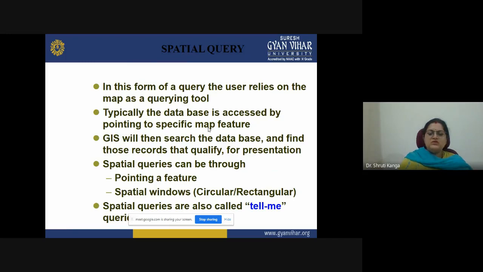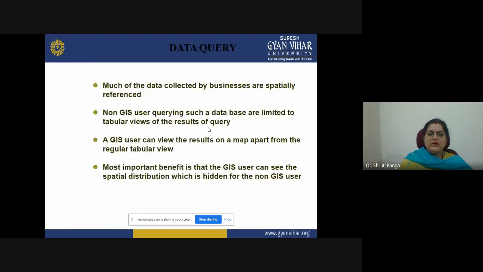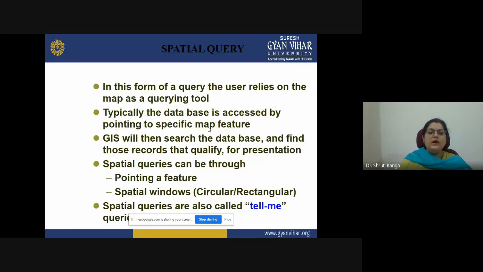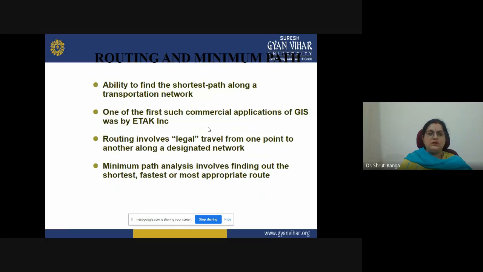The previous one, the data query, was called a show me query, and the spatial query can be called a tell me query.